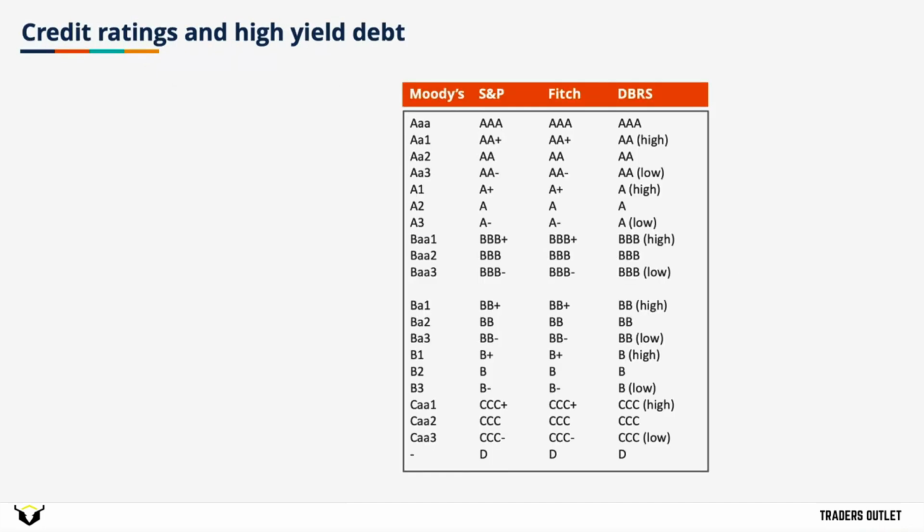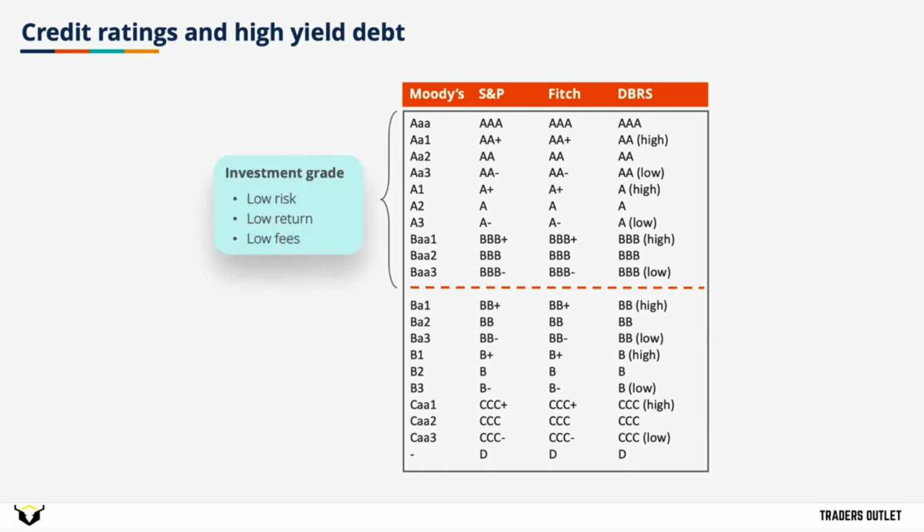A company's cost of debt is directly related to how risky it is. And in order to assess how risky a company's debt profile is, there are debt rating agencies that will rate companies. And you can see here in this table, we've provided examples from Moody's, S&P, Fitch, and DBRS of their ratings for companies. And there is a bright line on this table, right in the middle here that we've highlighted, that separates two categories. In the top, you have what's called investment grade.